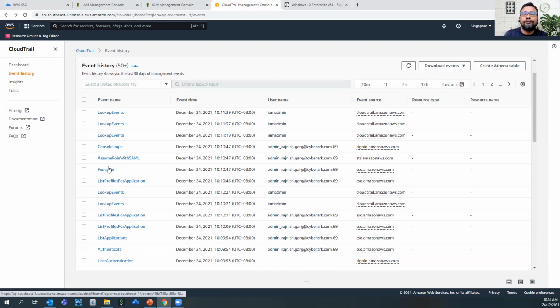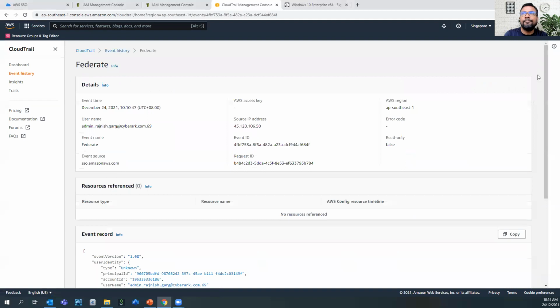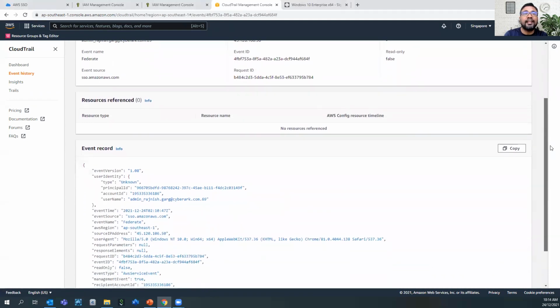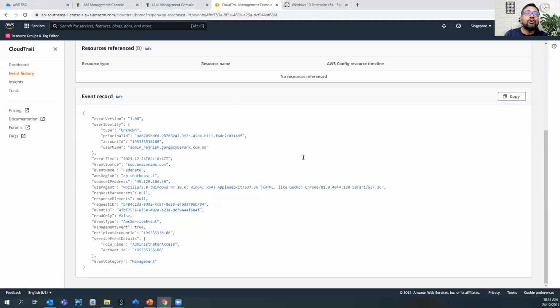Then there are 2 main events we will be focusing upon. The first one is Federate. If I click on Federate, this event is coming from AWS SSO. Here you are able to see the principal ID, the account ID, which is your master account ID, and the username.